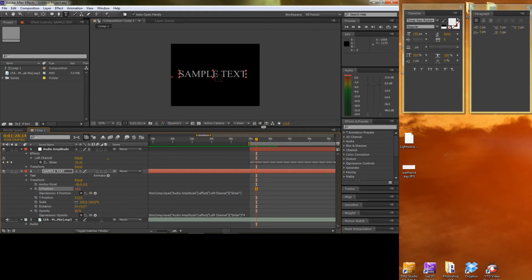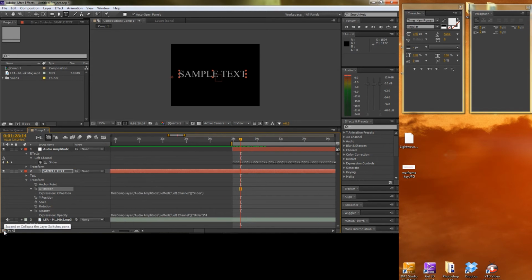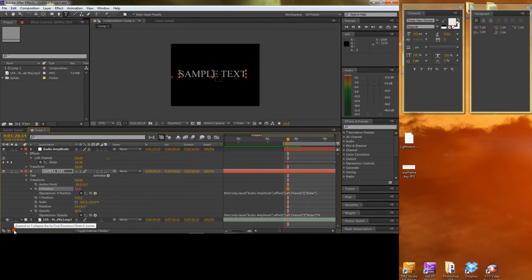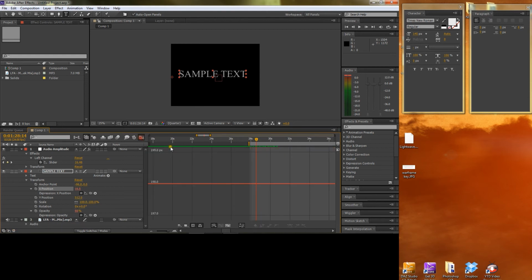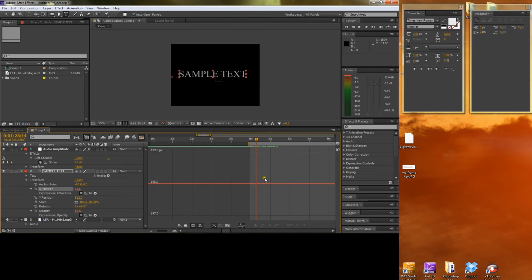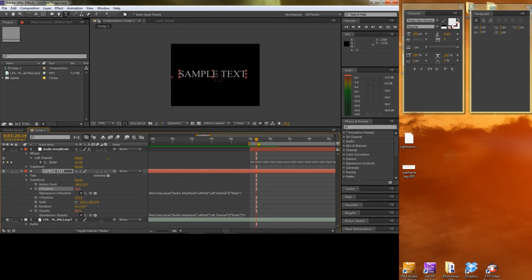I may need to come into my graph view, graph editor. There it is. Maybe the graph editor doesn't change that. Well, anyway,